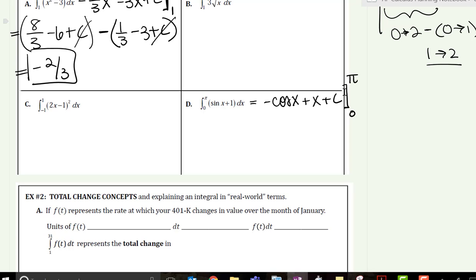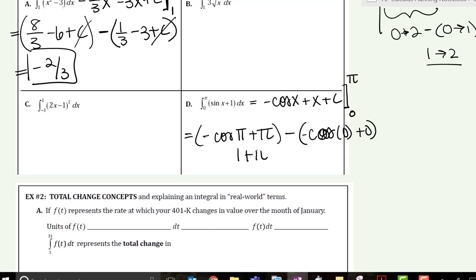As I'm going here, we're just going to substitute that pi in. Make sure we're continuing with those equal signs because we're continuing this statement. So we're going to have negative cosine of pi plus pi. Remember, we can leave out the c at this point. And then that's going to be minus negative cosine of 0 plus 0. Cosine of pi is -1, negative 1 is 1. So we have a 1 plus pi. Cosine of 0 is going to be